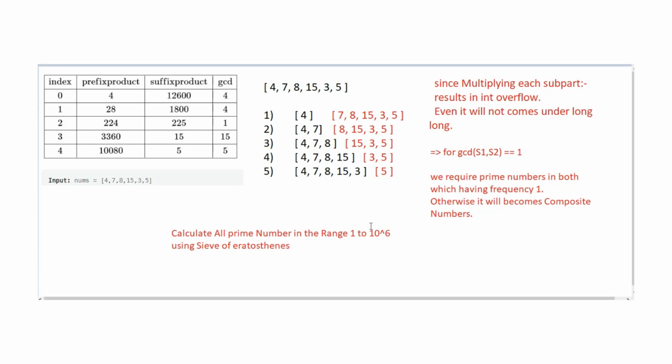After doing all this, we will traverse one of the maps and check in the other map whether that value is already present or not. If it is already present, it means duplicate values are present in both, and it will not give a GCD of 1. We simply return -1. Otherwise, we will return the index wherever we get the answer. So this is the overall implementation and the hints that I have given to solve this problem.